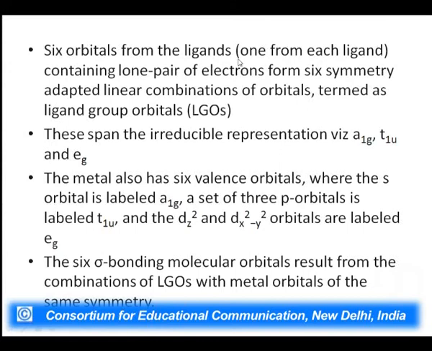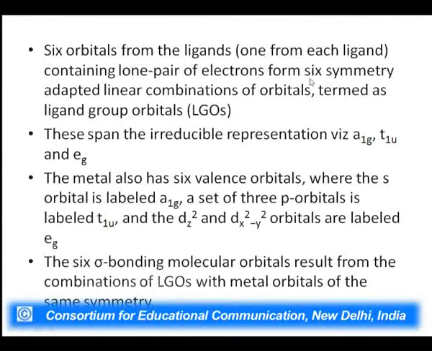It is not that all ligand orbitals can form a bond with the metal. You need to have them of equal energy, or a comparable energy if not equal. You need to have the ligand orbitals with a symmetry that suits, and a direction of orientation that suits the overlap. And through this consideration, we say 6 orbitals of the ligand, 1 from each ligand containing a lone pair